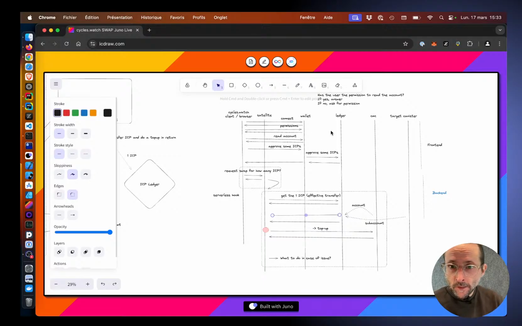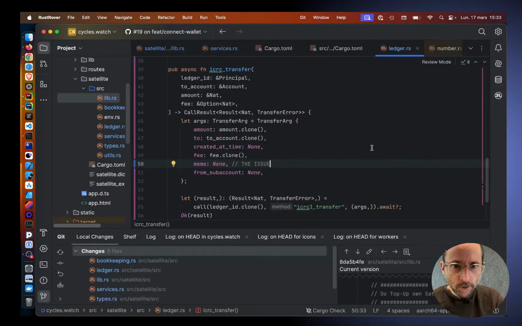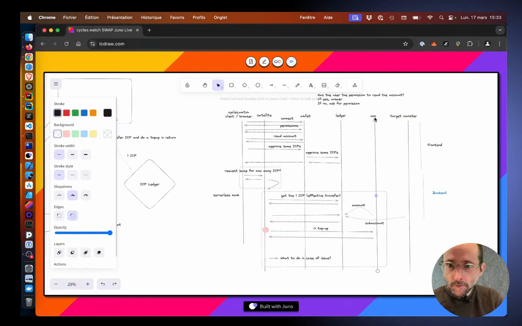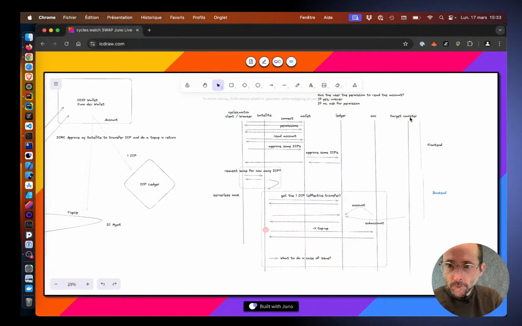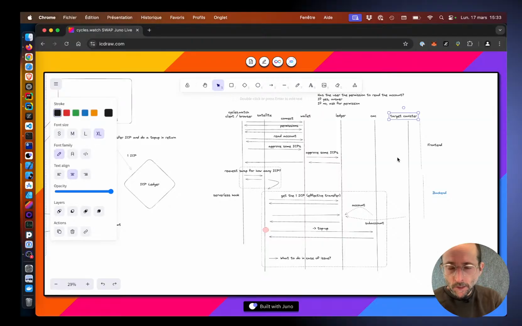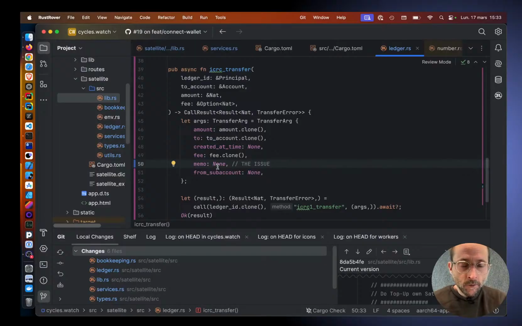Basically, we tell the ledger that we want to approve or transfer. No, we do a transfer for the CMC with the subaccount of the targeted canister or satellites, whatever. When we do that, we actually need to pass a memo